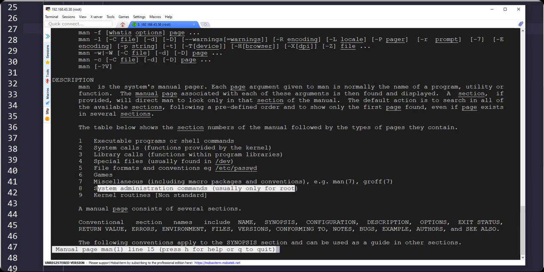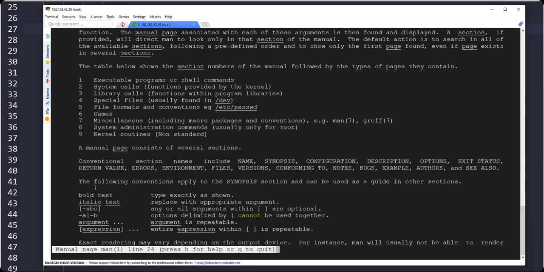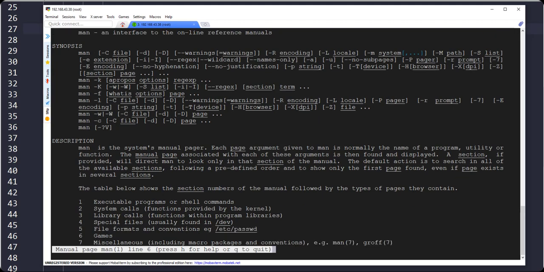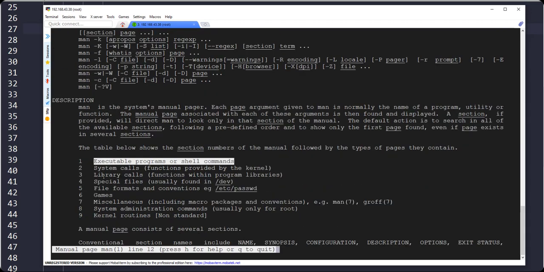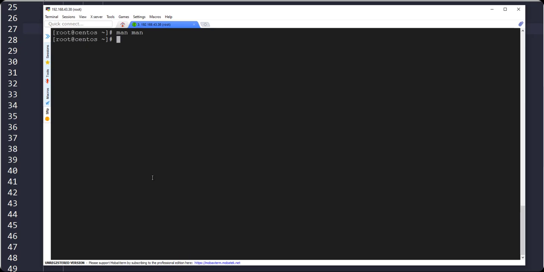So how do you actually see these numbers? You might be clueless about why I am showing you all these details, but you still do not see any specific information related to it, so let me show you. One example is here, where man has 1 appended to it. It means this is an executable program, a shell command, and it can be run by anybody, any normal user. The manual page can be used by anybody. Let's press q to go out of it.